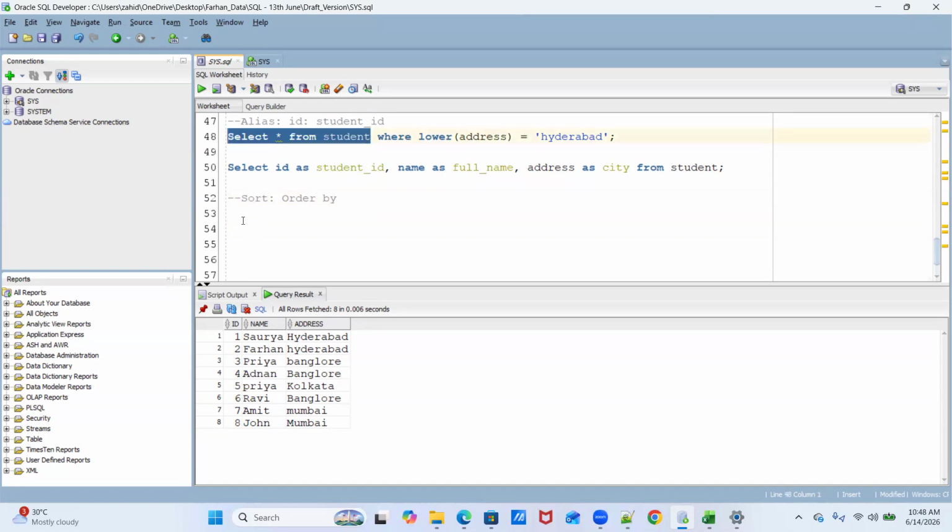So again, when you're sorting the data, the engine will ask, okay, user, you want to sort based on which particular column?